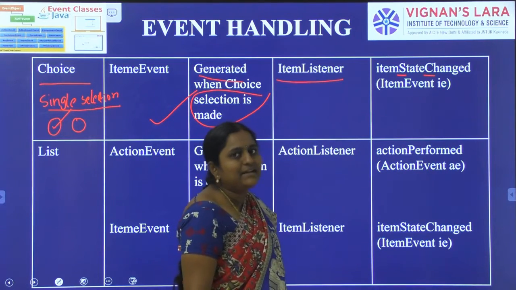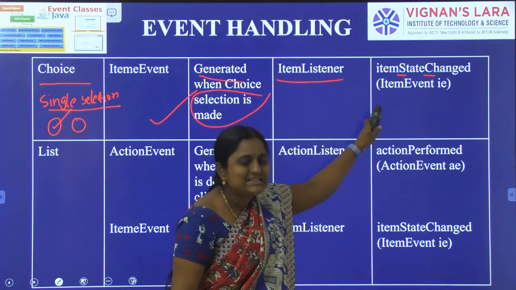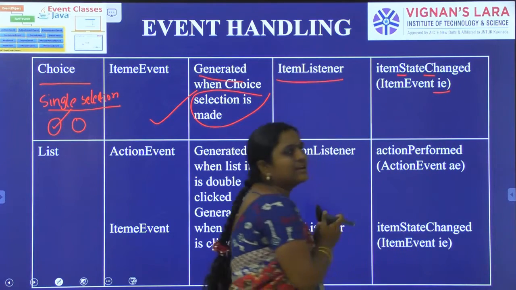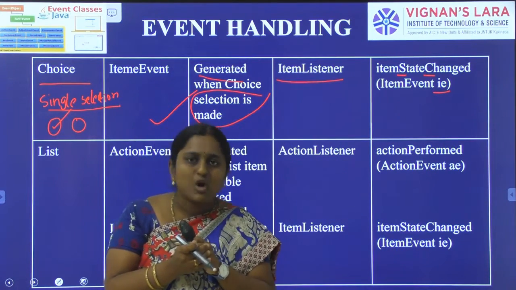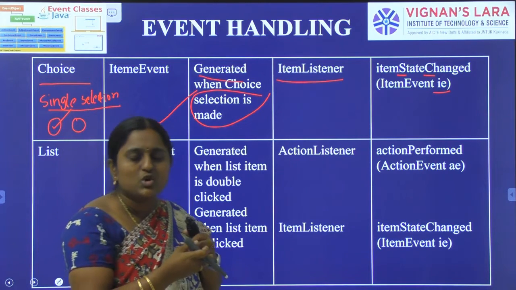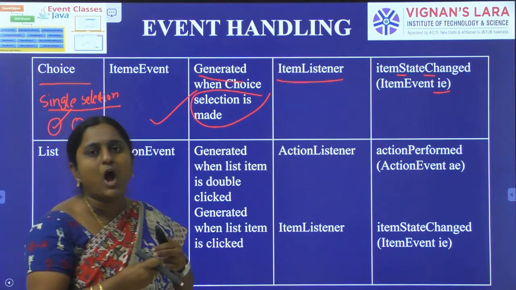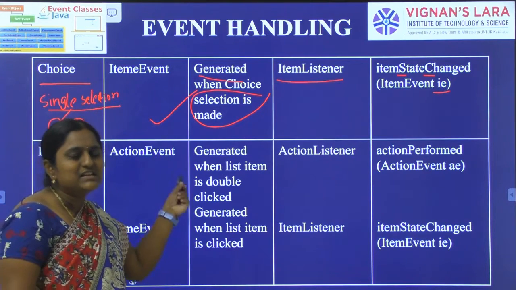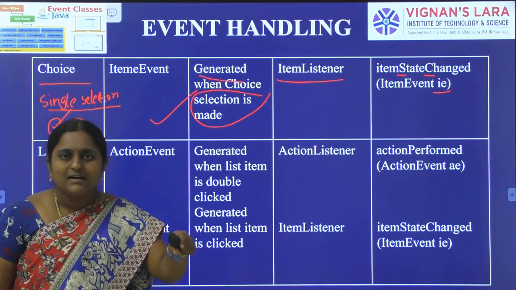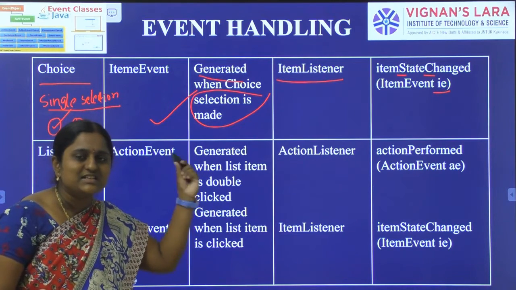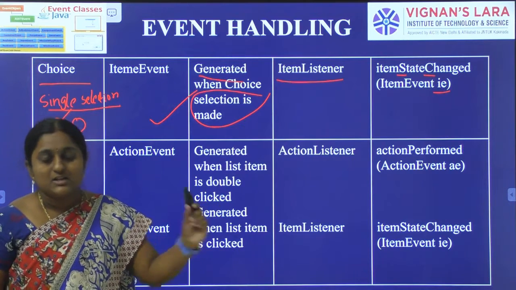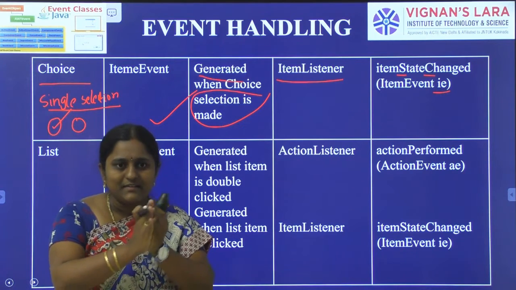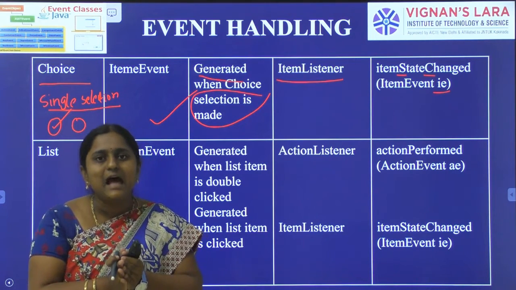Here an item event object is supplied as an argument to this method, and IE is the reference of this object. Java is nothing but a collection of classes and objects. In Java, everything is considered an object only. Here events are the classes, listeners are the interfaces. In the sources, events are generated. In the listeners, events are handled. Simply you can remember. And in Java, how can we handle the events?